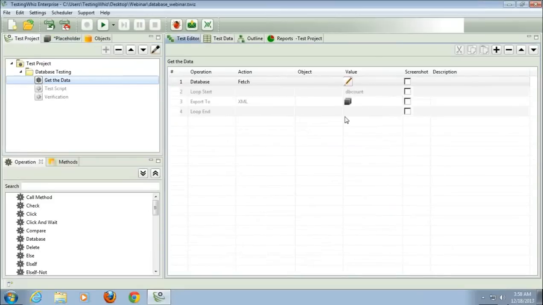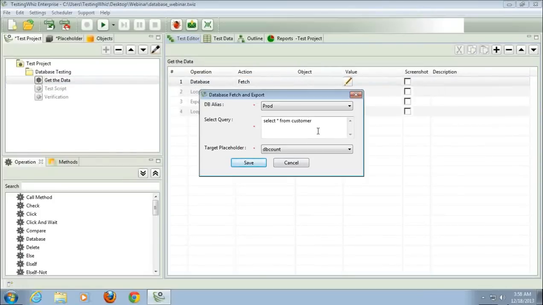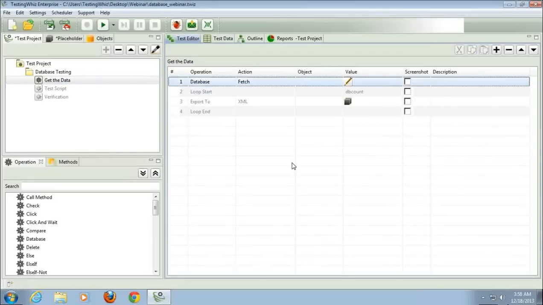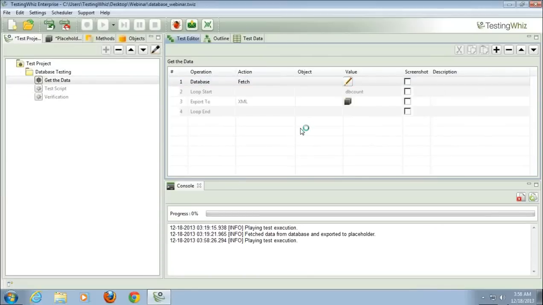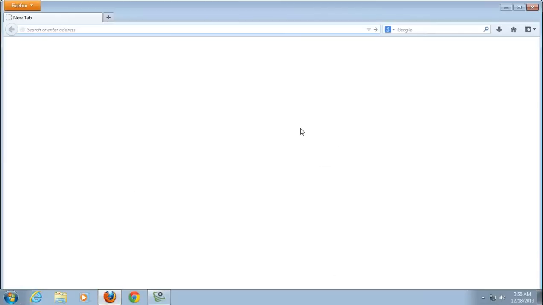So just to give you an example, if you look at this query, it says we are grabbing all the data from the customers table. So now when I execute this, as you can see, the test execution